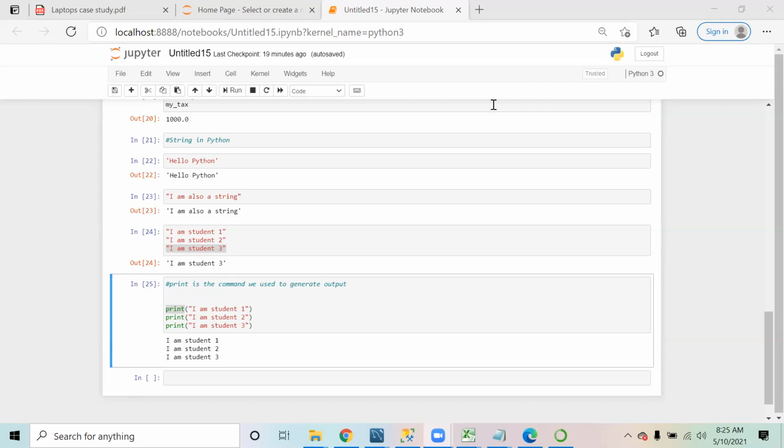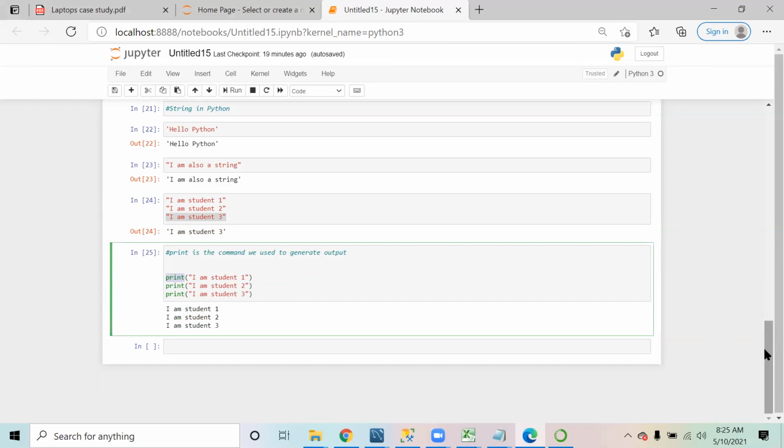Now what we will do is talk about strings. We can do some indexing of the string as well. What happens in Python is there is something called indexing of strings.